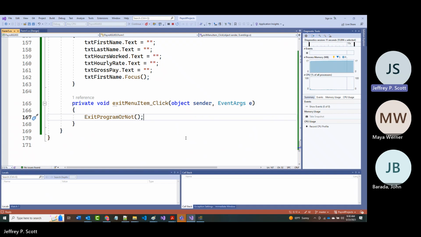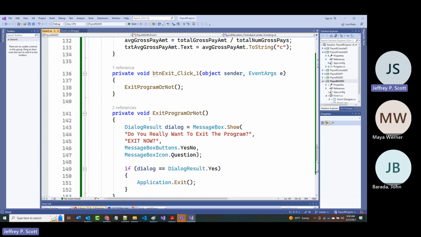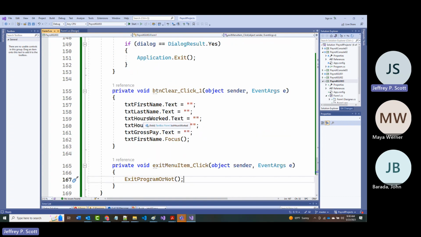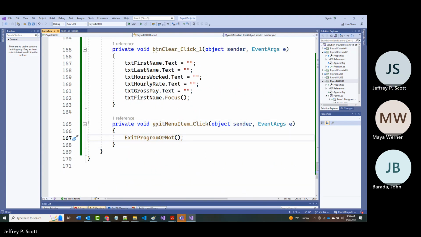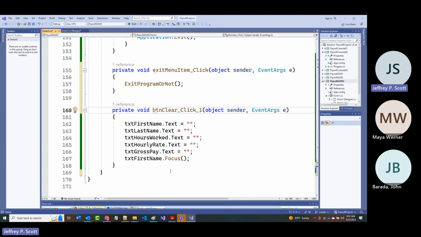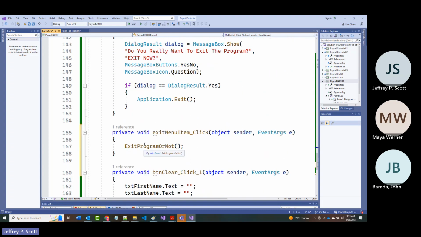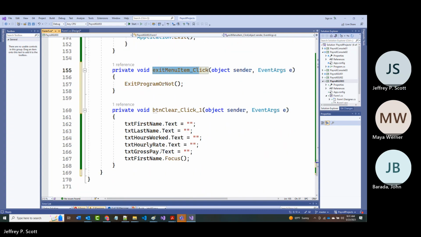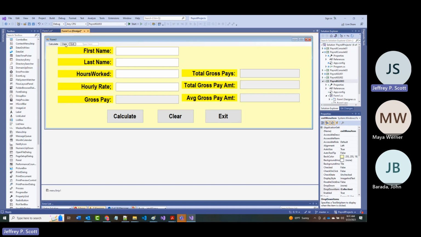From different places. One of the reasons that you typically would go in like that, and you would break this down into multiple routines. And again, the reason for doing that is now I can call this from either my button or from my menu item. And in the same way, if I come down here and I double click on the clear button,